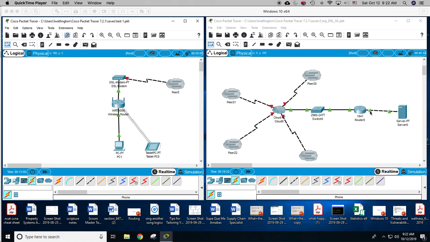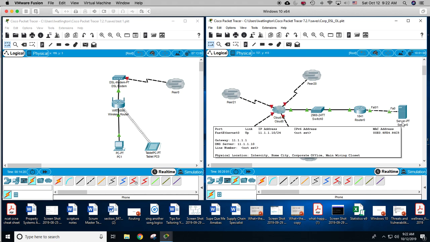Okay, so if we look at our routers, and hopefully you all know with Packet Tracer, if you want to know the status of something, you can just hold the mouse over the top of a device, and it will show you the characteristics of it. For instance, on this side of the cable, this is FastEthernet 0/1, and it's connecting to the server's FastEthernet port 0. You can also see the statistics of the server. Just drop down here. That tells you what the IP address is, 11.1.1.10,